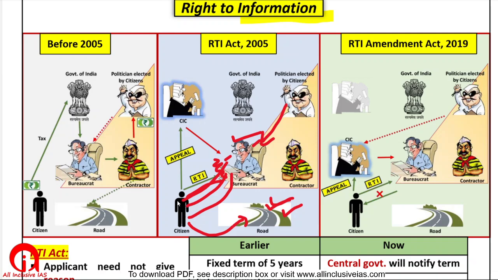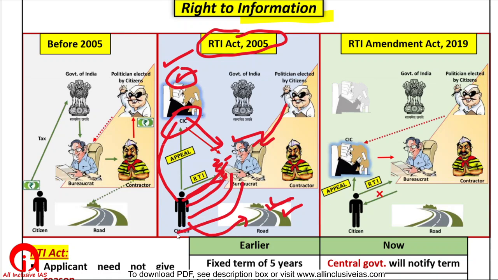So what used to happen is a citizen used to appeal to the Central Information Commission. The Central Information Commission is a statutory body under the RTI Act, a very powerful body. These CICs, not now, but earlier, were very senior members. When these very senior members used to tell a bureaucrat, why the hell are you not giving this person information? How dare you give him wrong information? So these bureaucrats had to comply with the orders of the CIC.